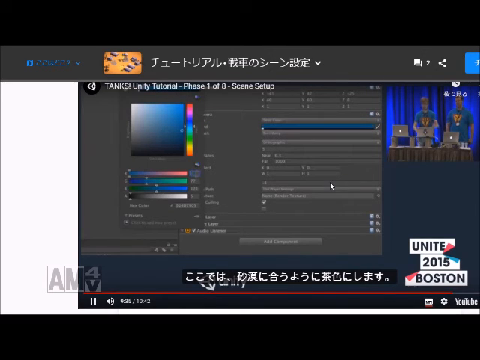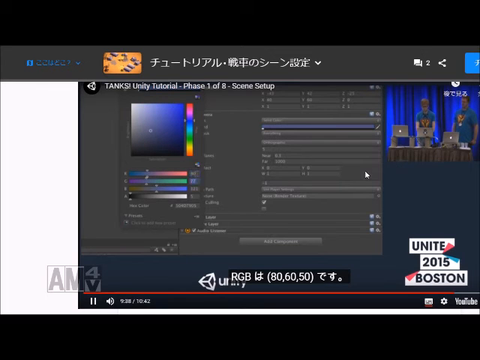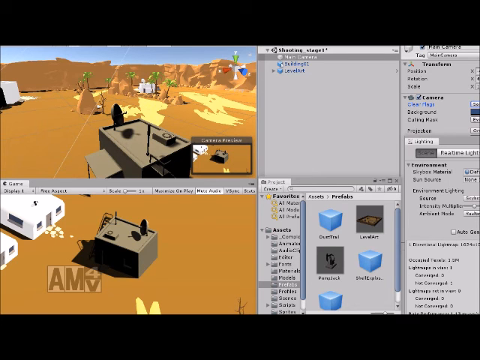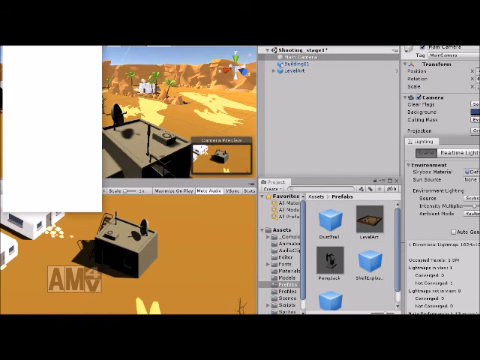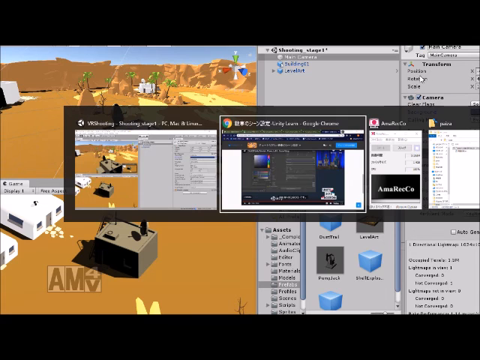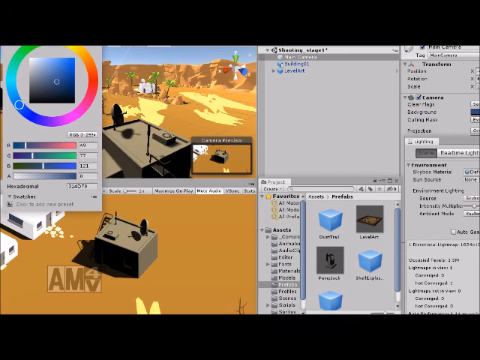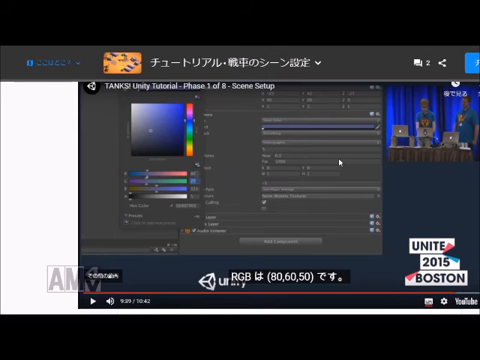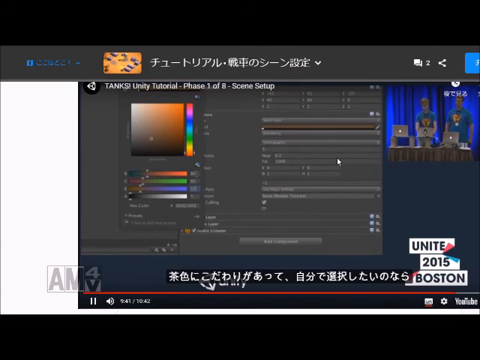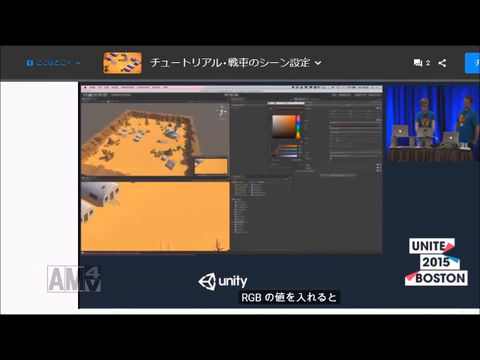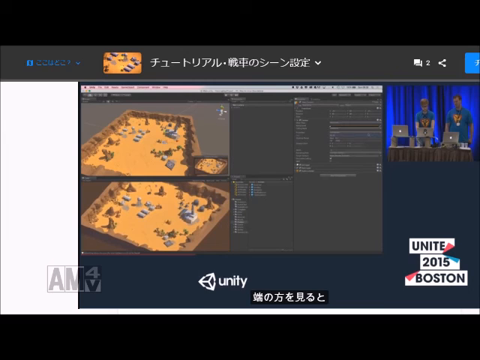So this is just going to be kind of a brown, which is the desert, and the RGB reference for that is going to be 80, and 50. If you want to choose your own brown, you're a big fan of brown, then pick your brown. We're just going to put in that RGB reference, and then what we'll see when we do go over the edges, it looks like that. So it fits the